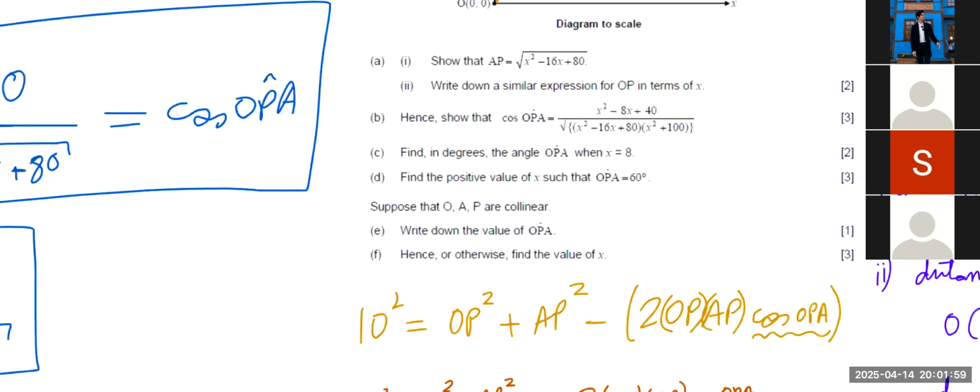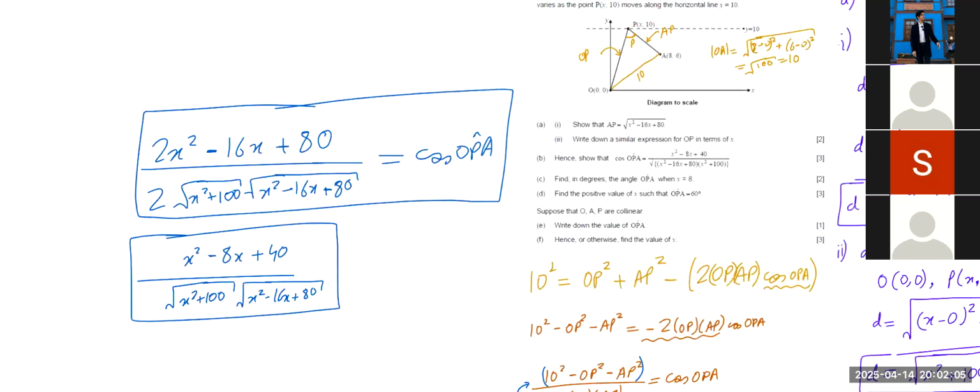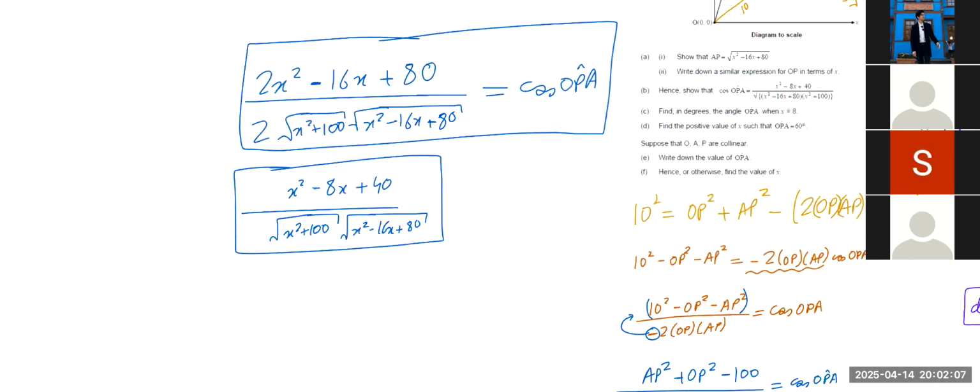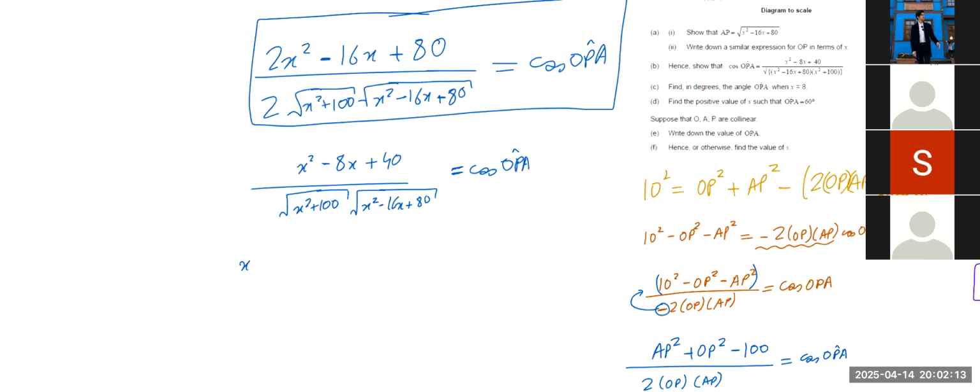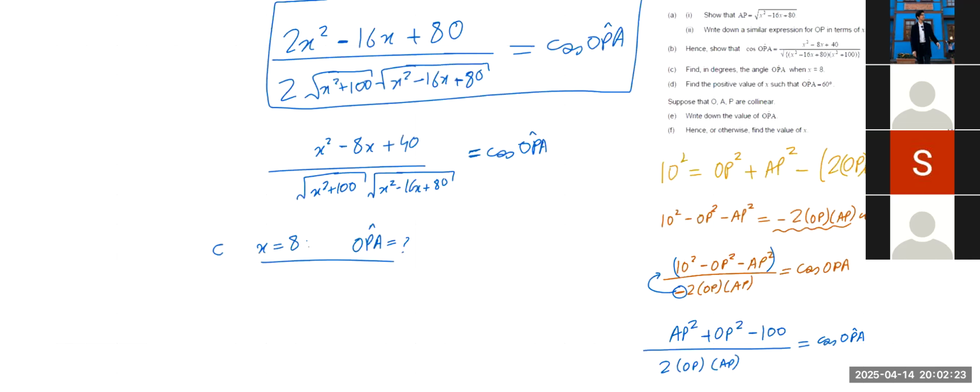So now find in degrees the angle when x is 8. This is easy. All you gotta do is, we've already found what cosine of OPA is, right? All you gotta do is plug in x equals 8 into this, and then solve for OPA. I'm not gonna do this, it's very easy. Second part's more fun. So this is part C. Part D is,